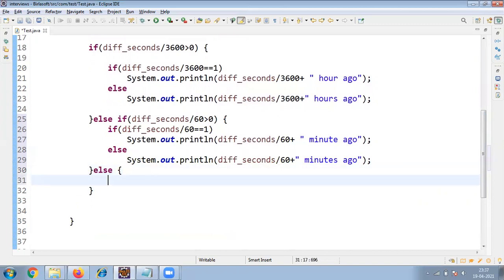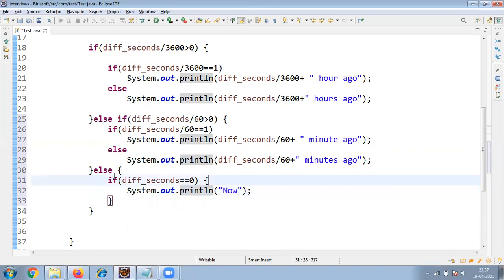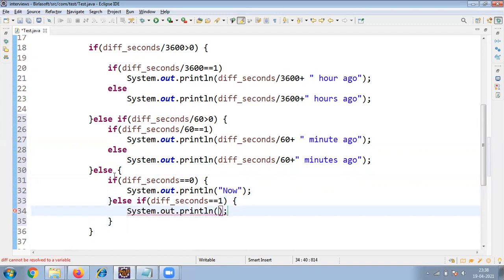In the else, I'm checking if difference_seconds equals 0 or not. If the difference is 0, then what I need to do is System.out.print. Now else, I'm going to take one more condition: difference_seconds equal to 1. Then System.out.println, you can directly put 1, but I'm taking it like this: 1 second ago.